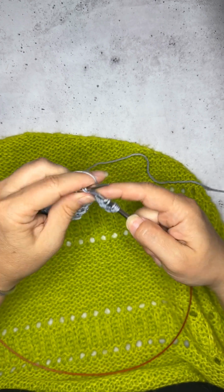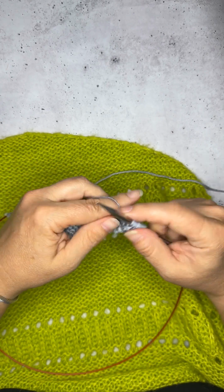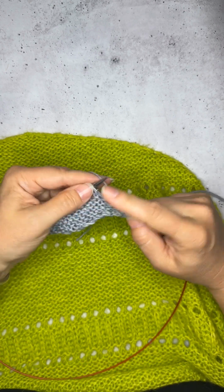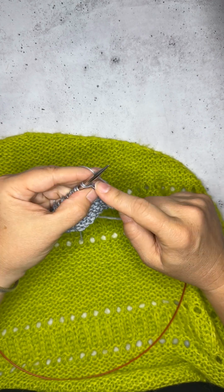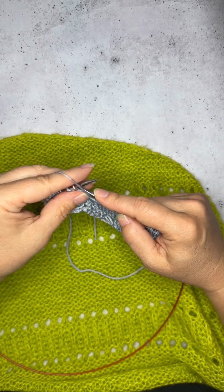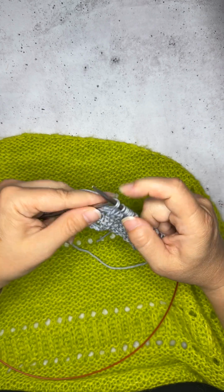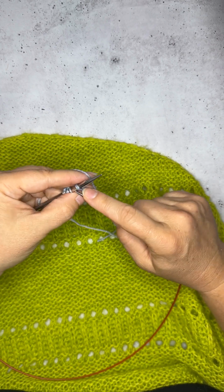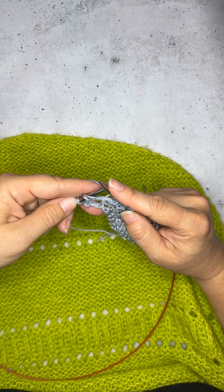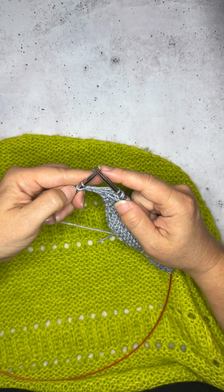slip one yarn over, and then you brioche knit all the way to the end. Slip one yarn over, bark, slip one yarn over, bark. You continue with that to your last two stitches, and then we're getting there. So slip one yarn over, bark. It really becomes rhythmic after you do this for a while, and it's not as hard as it can sometimes look on paper. So we get to our last bark here, and then we just have two stitches left,